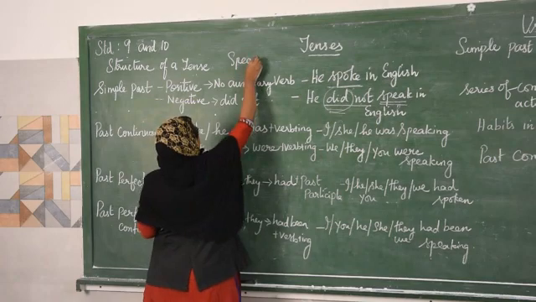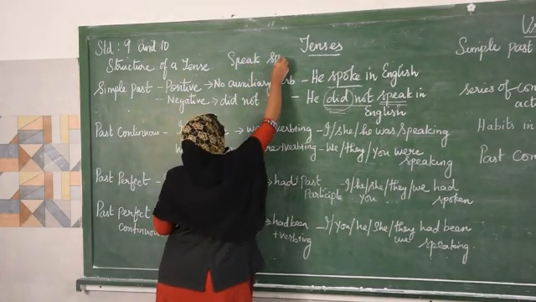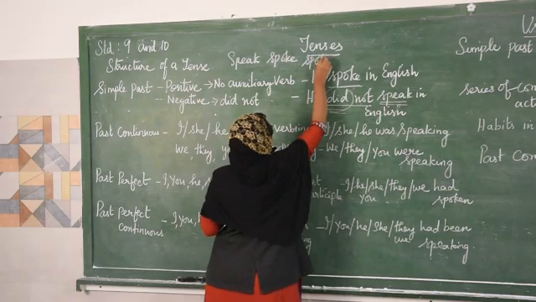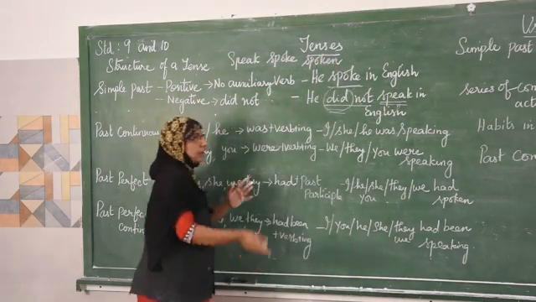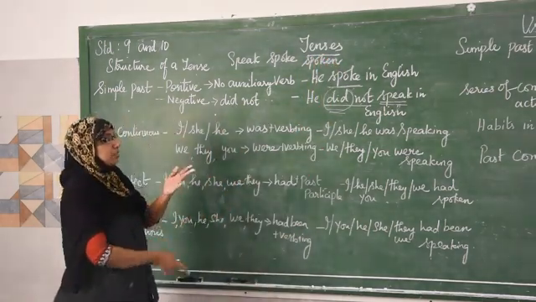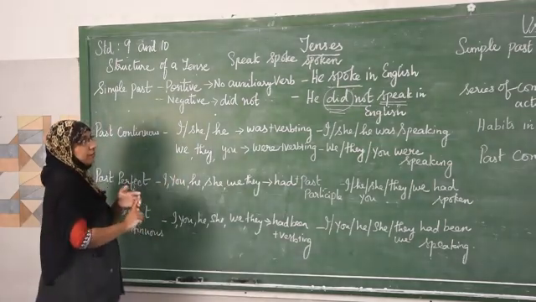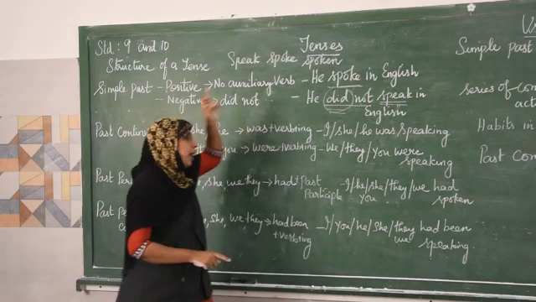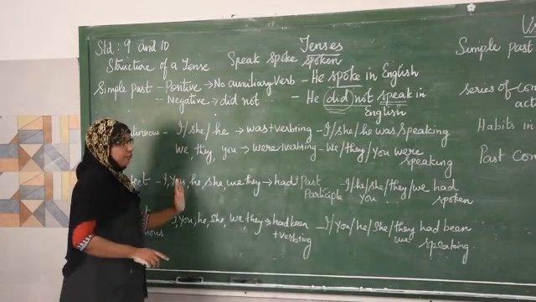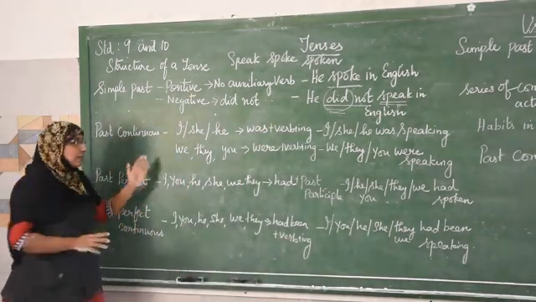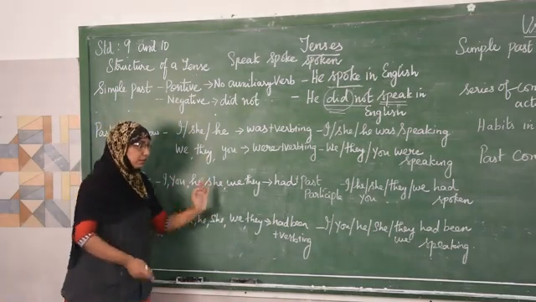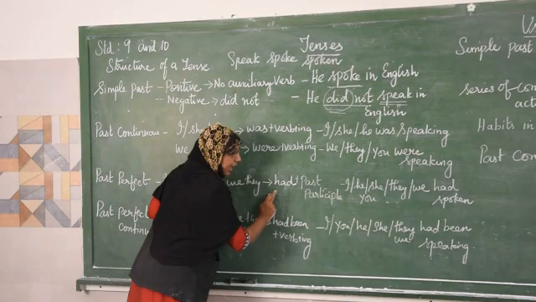First form of verb, that is present. Spoke is the second form of verb. What is the third form of verb here? Spoken. So always remember, whether it is present perfect, past perfect or future perfect tense, you have to use the past participle after have or had form of verb. So whether it is singular or plural or first, second or third person, always it will be had plus